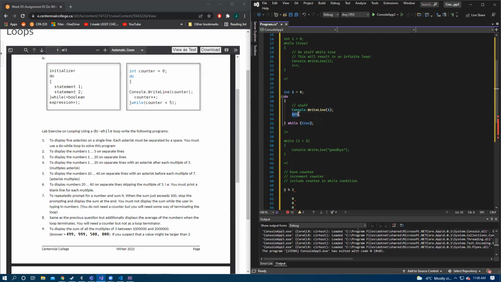Then your iterator stops iterating, and then you have your total, right? So that's what they mean by you need a counter, because this will count how many times the loop executed, but you're not using it to end the loop. You're using the sum to end the loop.